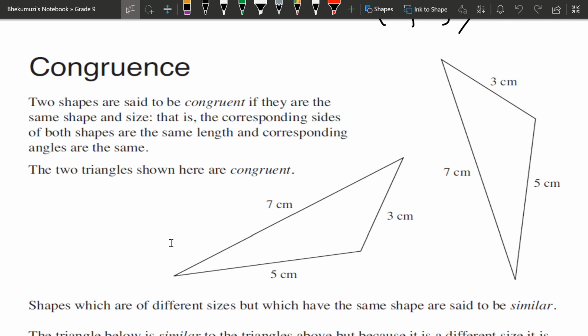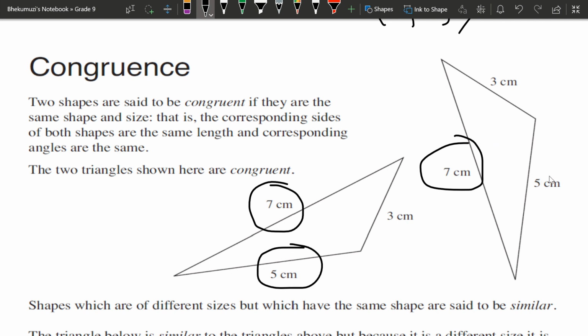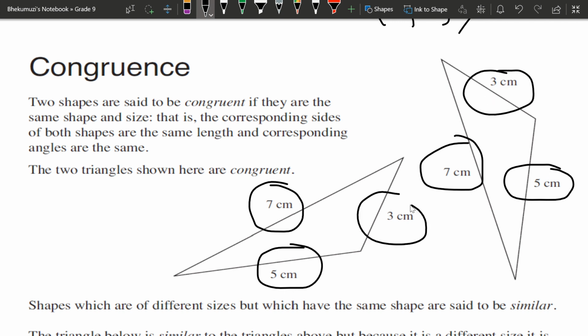It means that, for instance, in this case here, we have 7 centimeters, and there will be a 7 centimeters there. These are the two corresponding sides which are equal to each other, just as much as 5 centimeters there is the same as 5 centimeters over there. But also 3 centimeters over there is the same as 3 centimeters over there. So the shape itself looks the same, and the lengths of the sides are